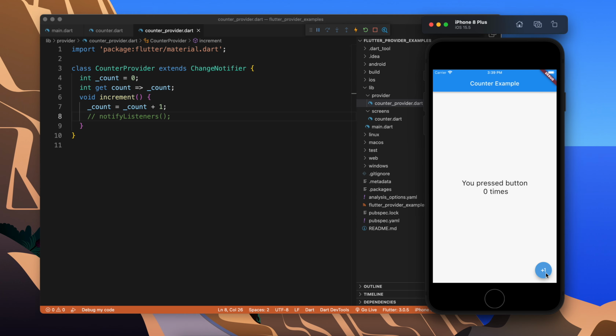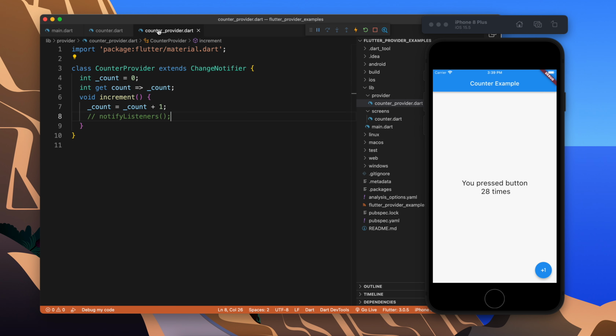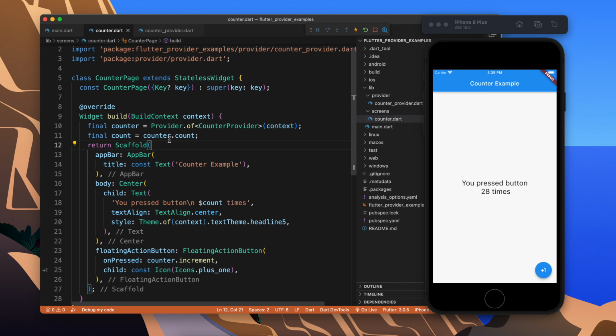If I remove the notifyListeners part and press on the plus, it is not going to do anything. But if I press command s or control s, it is going to increment it. Or we can do a hot reload, just a hot reload. It's similar to set state. Sometimes in the counter application, if you remove the set state part, it doesn't increment the number on the UI, but in the code